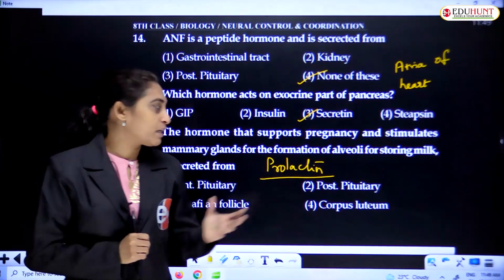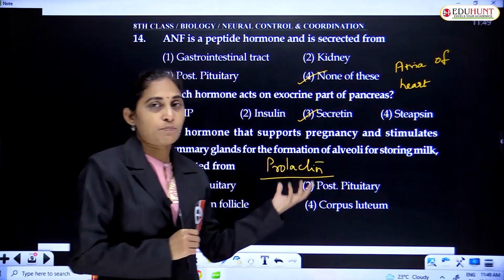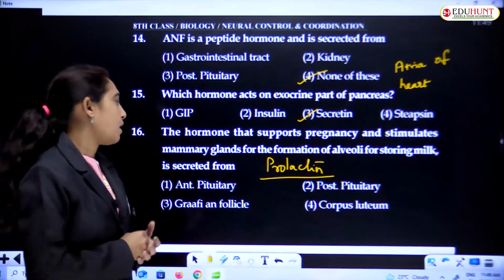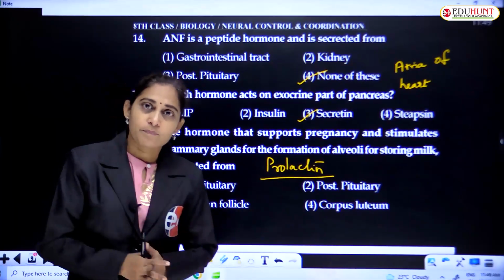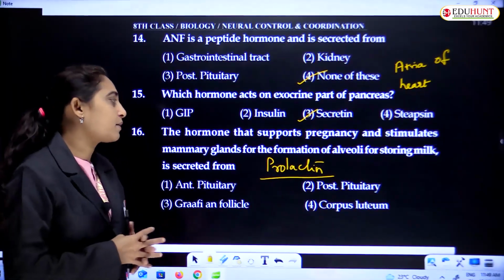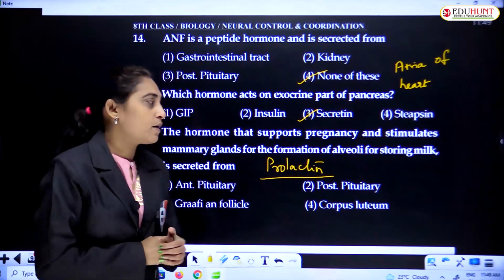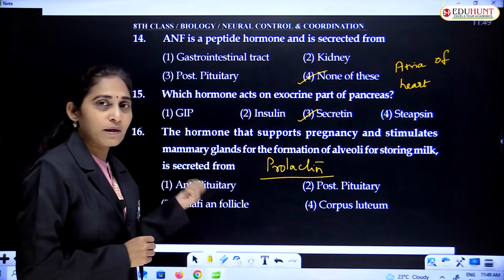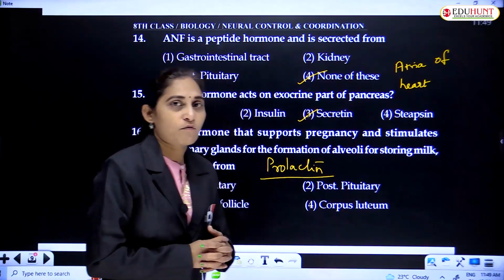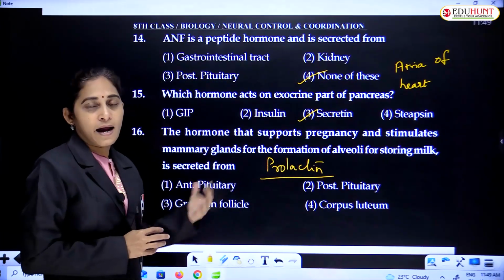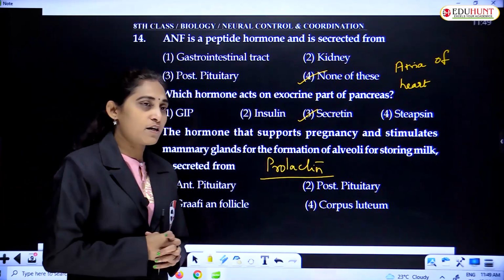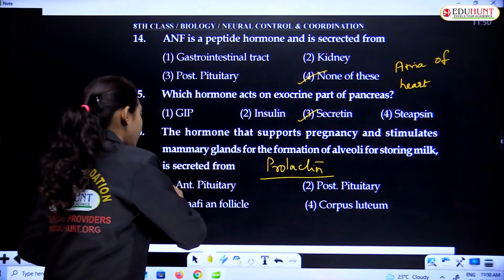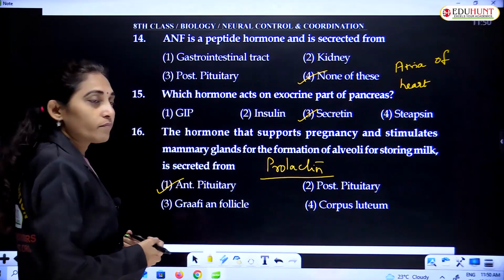If you do that, it will become easy for you to understand which part of the pituitary gland. The pituitary gland has 3 different parts: the anterior pituitary, the intermediate part, that is the middle part, and the next one is the posterior part. The anterior part constitutes the primary part, and the anterior part is adenohypophysis and the posterior part is neurohypophysis. So the answer is the anterior pituitary gland,